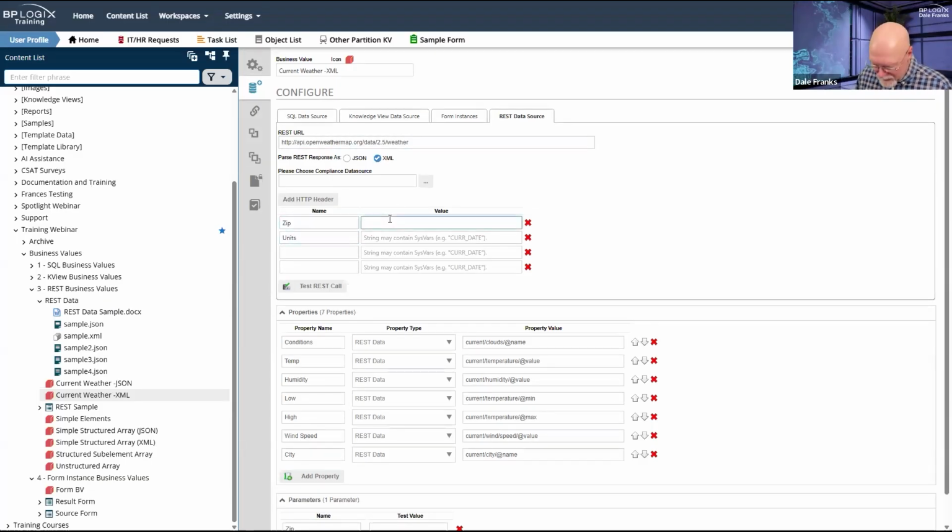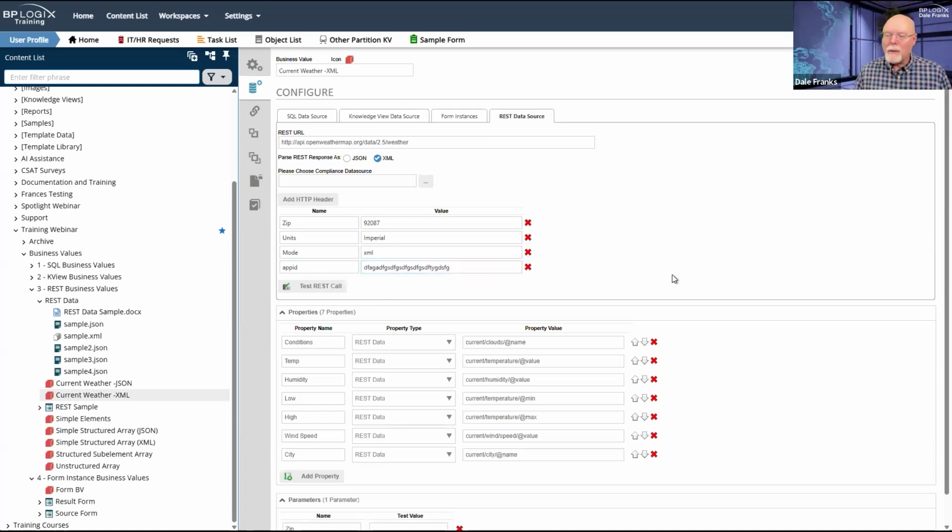So my zip, let's say 92087, and units imperial, and mode would be XML, and app ID would be whatever the app ID was, and it wouldn't have spaces in it, whatever it was.